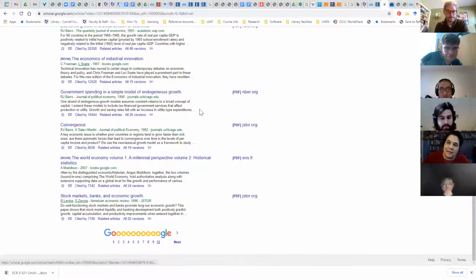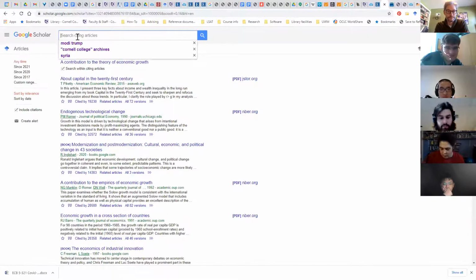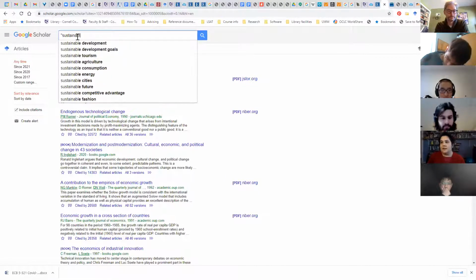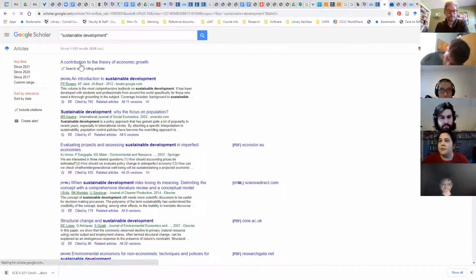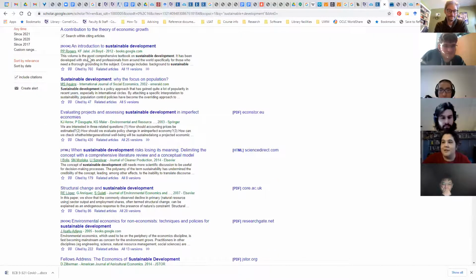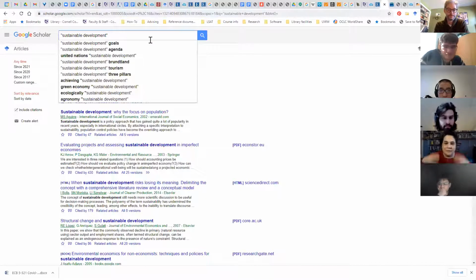That's where this search within citing articles comes in really handy, because now we can look at which ones talk about sustainable development, for example. Okay, so now we're down to, how many is this? 4,000. We've narrowed it down from 33,000 to 4,000 that talk about sustainable development. You can continue to do this, running basically Google searches with Google's secret magic algorithms, but just on things that are citing that source that you found interesting to start with.